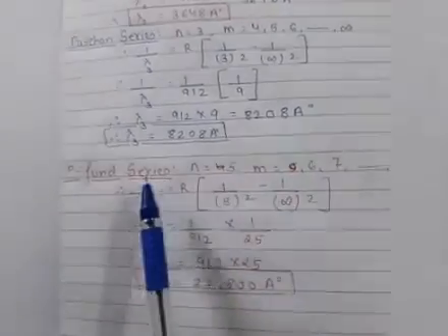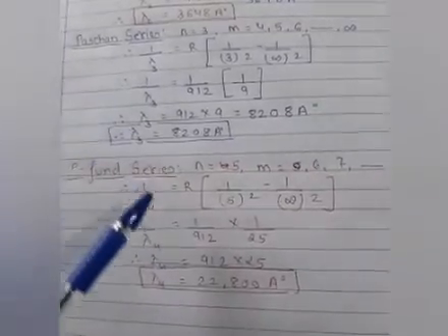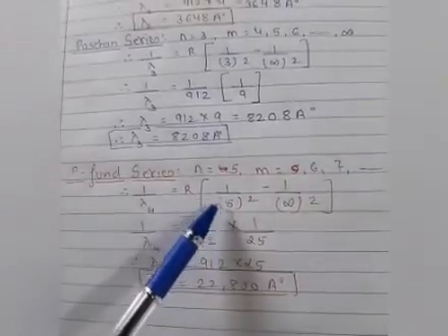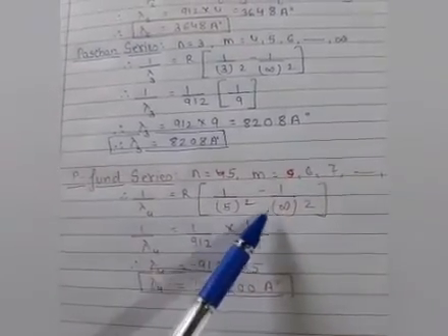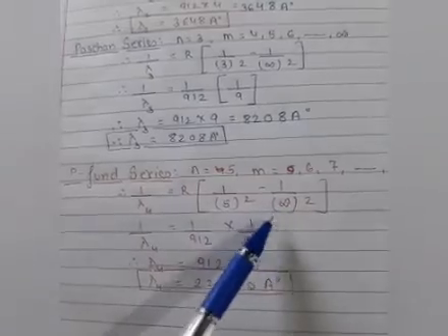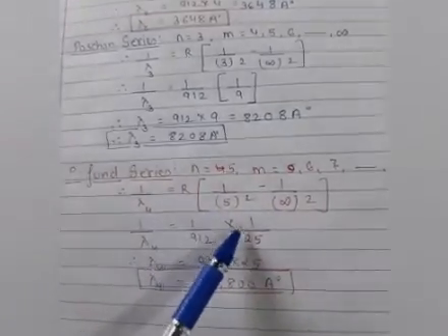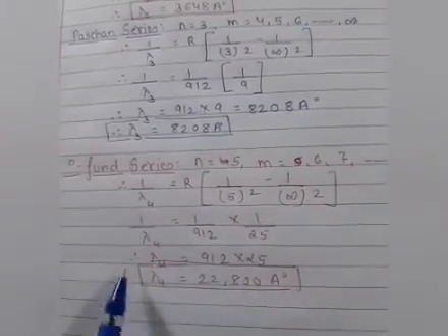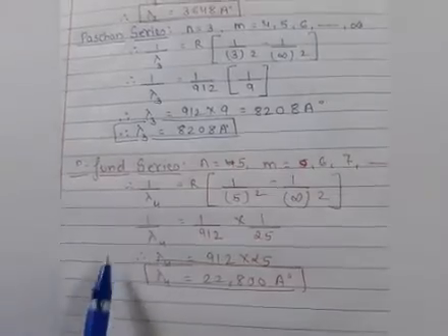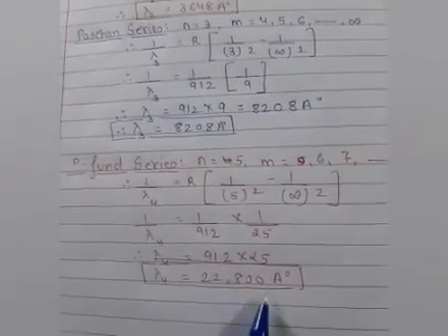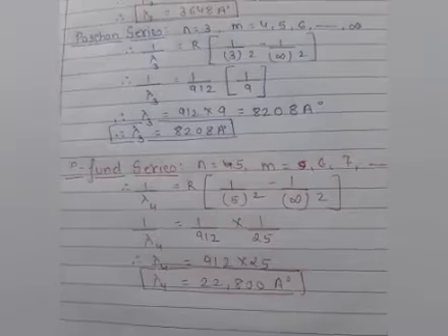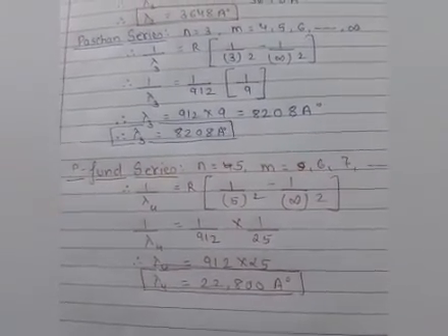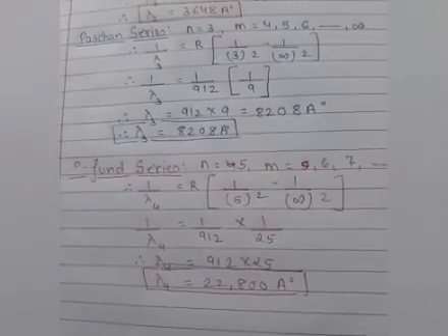Clear? So it means after this wavelength we are getting this wavelength. So here 1 by lambda 4 is R, and the n value is 5, that is 5 square, last limit that is infinity. So 1 divided by infinity is 0. So in this place 1 divided by 5 square, that is 25, 1 upon 912. So after multiplying this term, students, we are getting the Pfund series wavelength limit as 2280 angstrom. So here, students, we are getting the limit of all the given series, the wavelength of those limits.